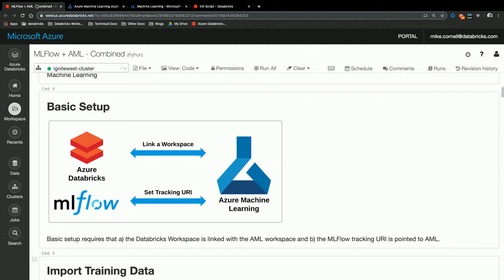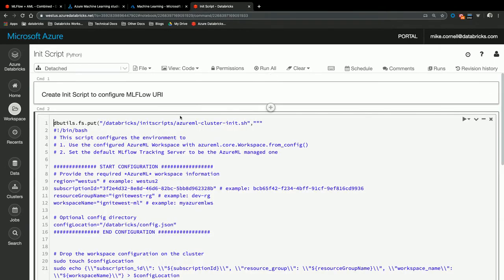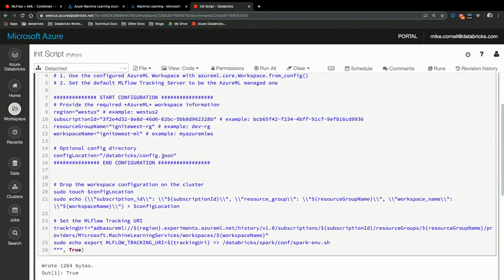So by default, we have a managed MLflow service inside of Databricks, right? So you have to tell that service, hey, don't log to Databricks, let's log to Azure ML, okay? To do that, very soon we're gonna have a very, very seamless integration by the end of the year, but to do that today, we run a simple init script, and I know it looks like a lot, but it's actually very simple. All we're doing is saying, hey, what's the Azure ML tracking URI that we want to set, okay? And this script will run on every cluster, okay?